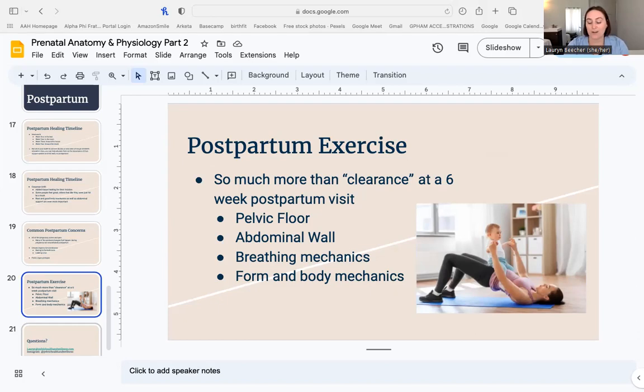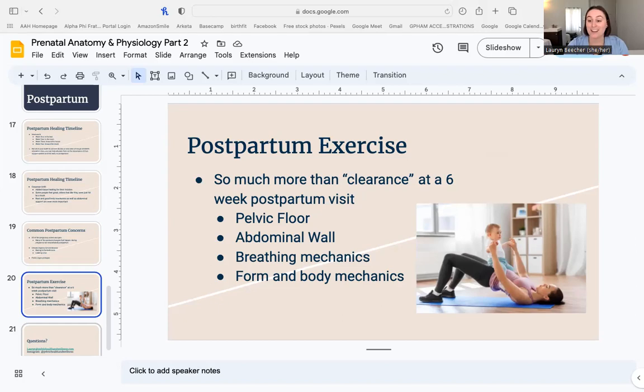That doesn't account for the pelvic floor trauma that may have happened. It can take up to a year from the time that you give birth, whether you had a vaginal birth or a cesarean birth, to kind of bring the opening back to its prenatal size or width. The abdominal wall was stretched. Those muscles are probably on the weaker side compared to before the baby was born. Your breathing mechanics from having the baby press up and out of the ribs can be changed and altered.